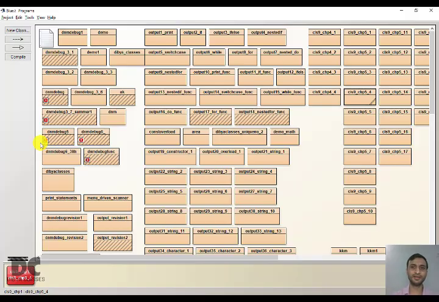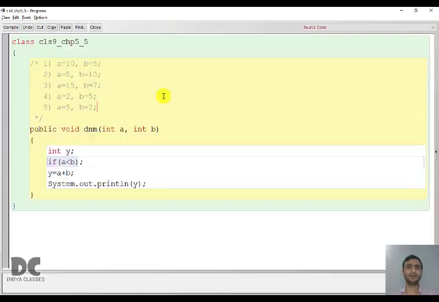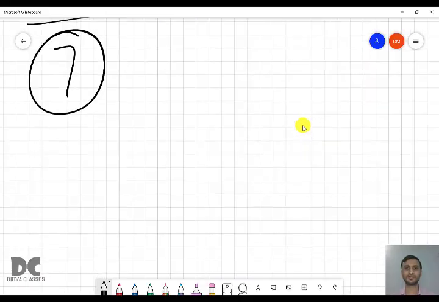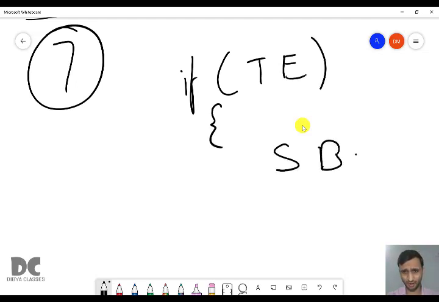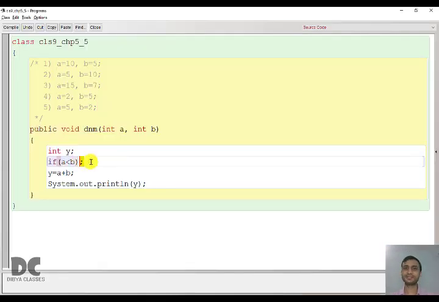Let us move to question number 7. So this question is a very, very important question. If you remember the syntax of if, the syntax of if is if test expression, curly brackets, statement block, curly brackets, ends. But can you see, here I have given a semicolon. I don't know how many of you have seen this, but here I have given a semicolon. So is this a wrong program? Is the syntax wrong? Because when I compile, it is saying that there is no syntax error.